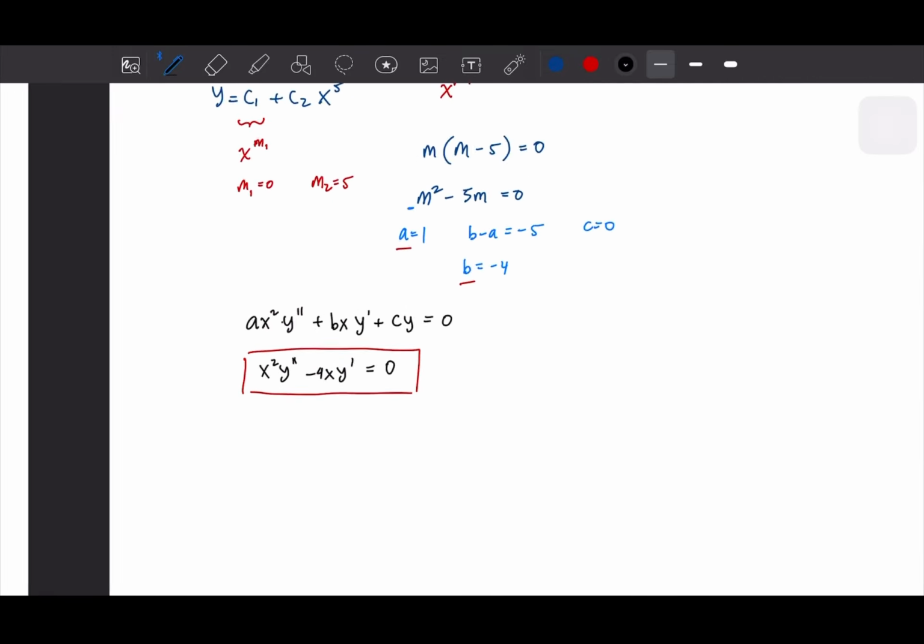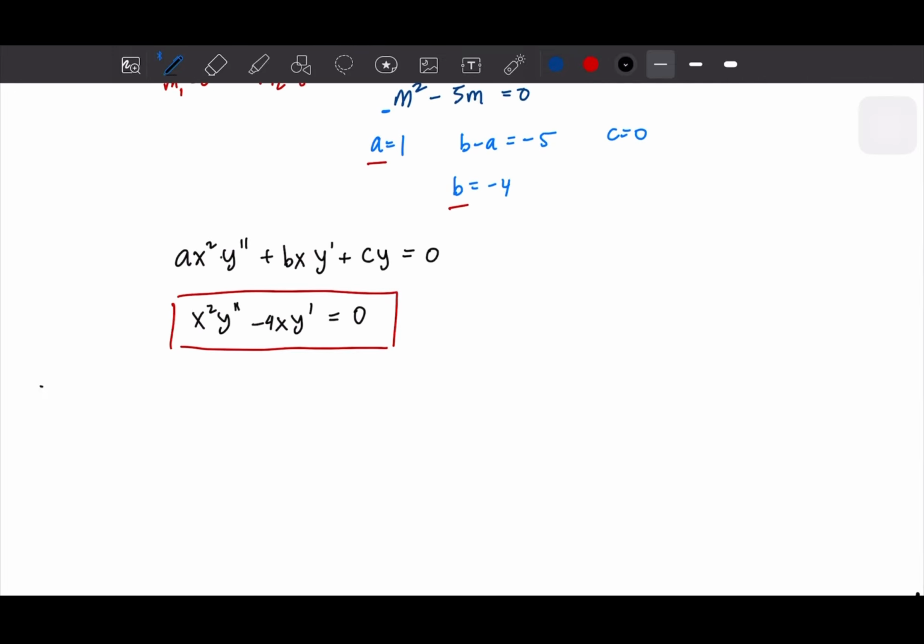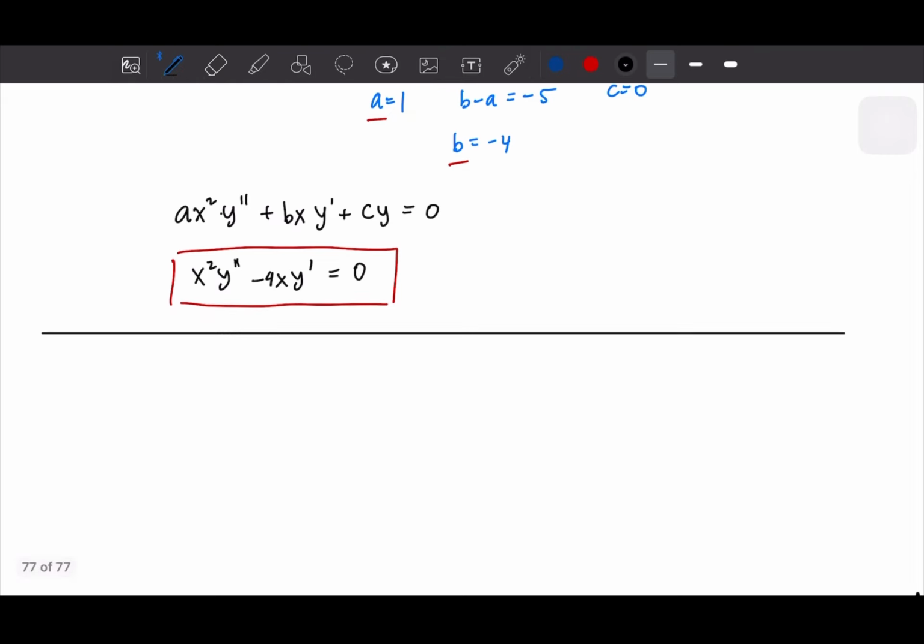Okay, now giving you another question just to make sure and confirm the Cauchy-Euler can be understood. Solve